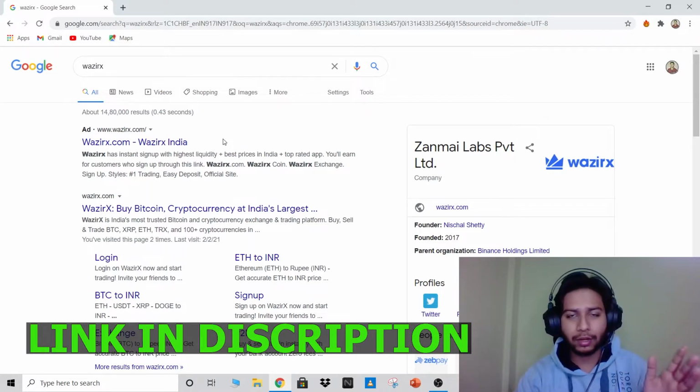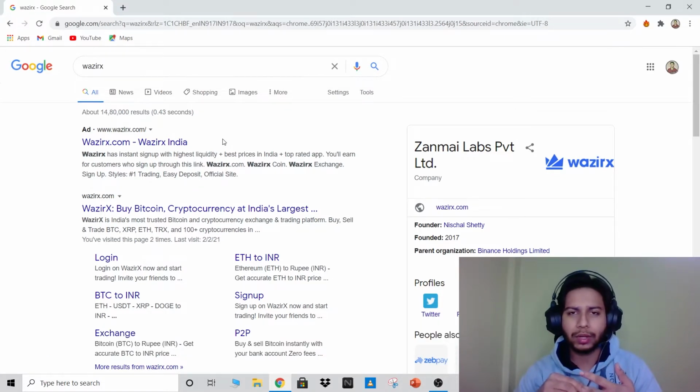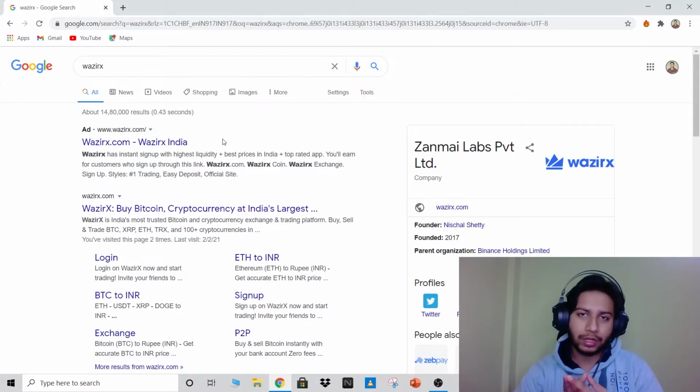So first you need to make an account in it. To make an account, you will require your average Gmail account or any mail account. Then you need to make a proper account with passwords and all. Then you need to protect it with two-step verification, which can be with any authenticator, which gives you extra security for your cryptocurrency account. Then the step is that you need to fill out your KYC. So after you fill out your KYC, then only you will be able to deposit as well as withdraw amounts from wazirx.com. It's really simple. It's very seamless transactions, and it's very easy to deposit money as well as withdraw money from WazirX.